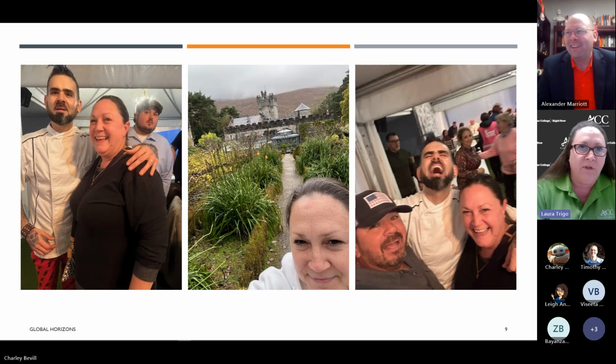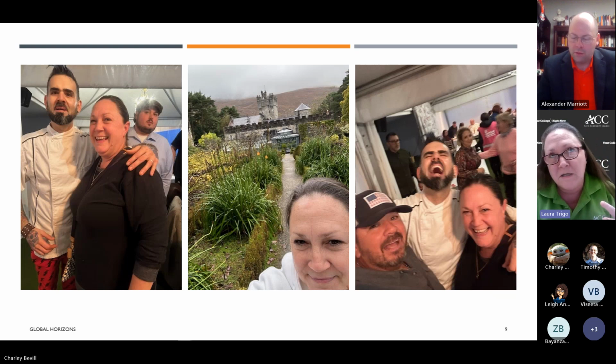But there's a need for these abroad students in some of these countries, specifically Ireland, where they don't have enough people in their country to fill all of these opportunities, hotels and restaurants and all this kind of stuff. They don't have enough employees to do that. So we're going to help them internationally as well with some of our gifted and talented students.